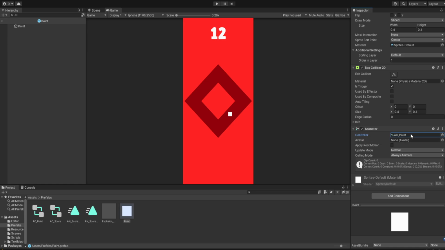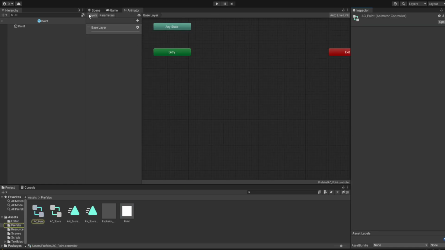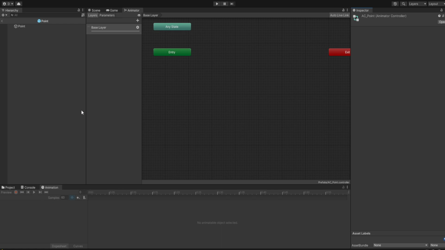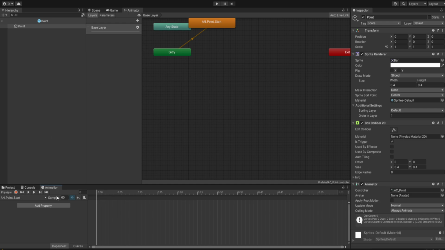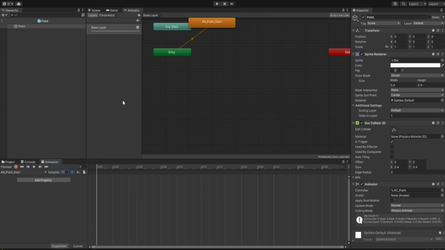Now let's open up our point, and we'll also need an animation window. So this is going to be our animation window. There is nothing much going on right now, so we'll create an animation which is going to be under slash point and slash start. And here let's set the sample size to 30, and for now we'll rescale our animation window,